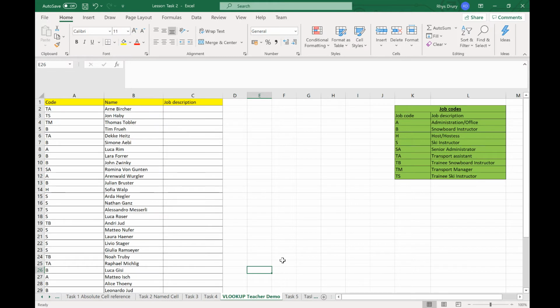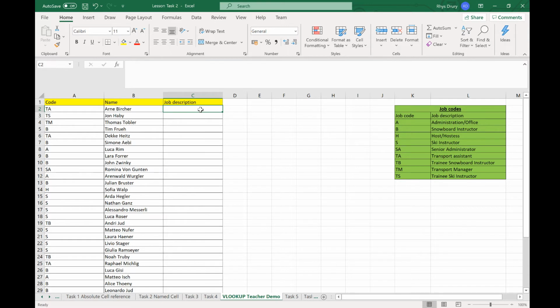Now a VLookup is a function that performs a vertical lookup of data. You use it when the data you want to look up is stored vertically, like this, so it's stored one underneath the other, not going across. It can be in the same file, or it can be in a different file. So if you've got two spreadsheets open, you can use a VLookup to a completely different spreadsheet if you need to. And how it works is you have a bunch of different